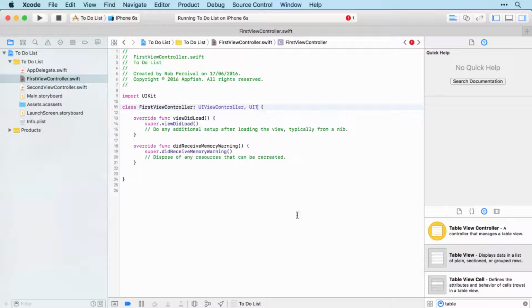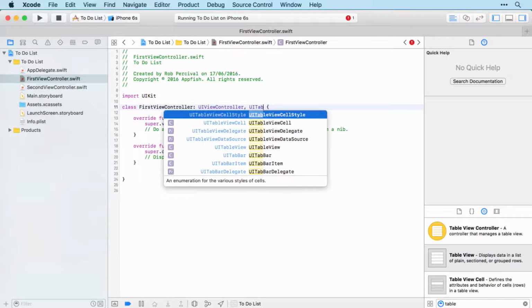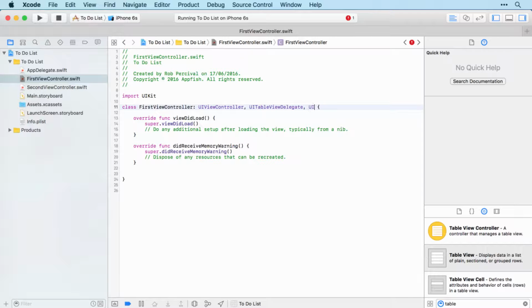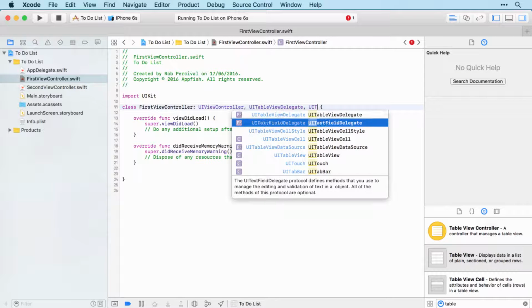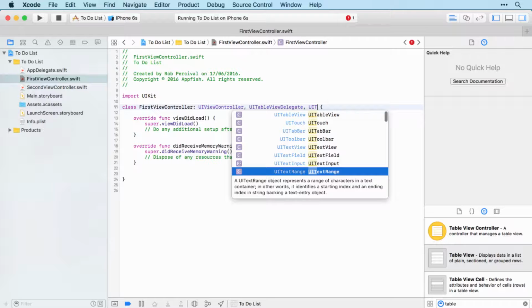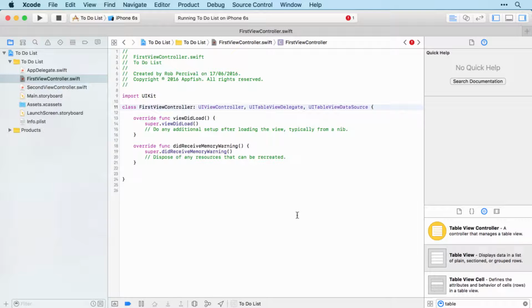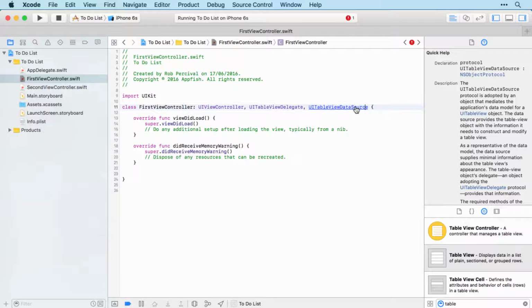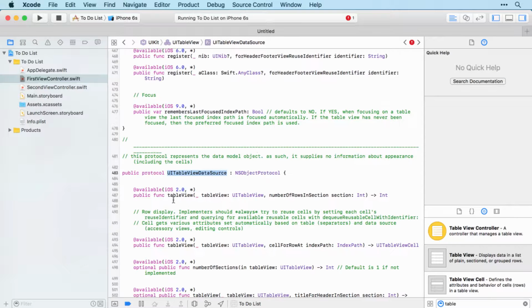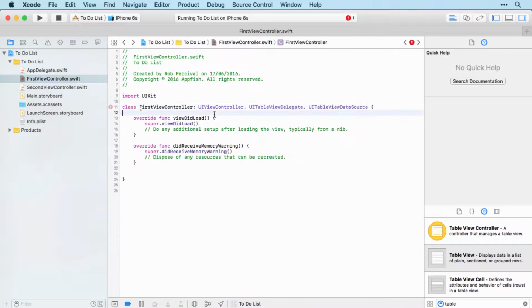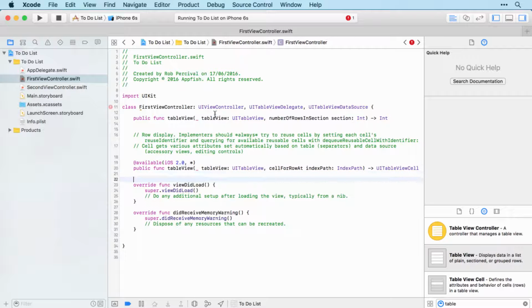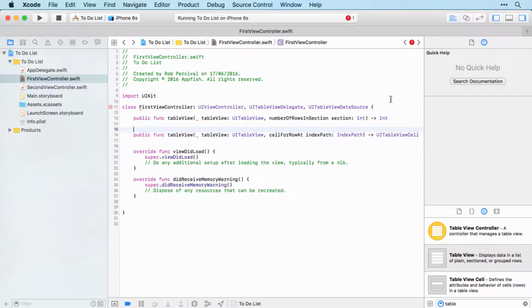So we've got UI table view delegate and UI table view data source. There we go. And it's the data source that we need to grab the code from. So that was a control click and then copying the top two methods, going back and pasting them in, getting rid of the code we don't need anymore,